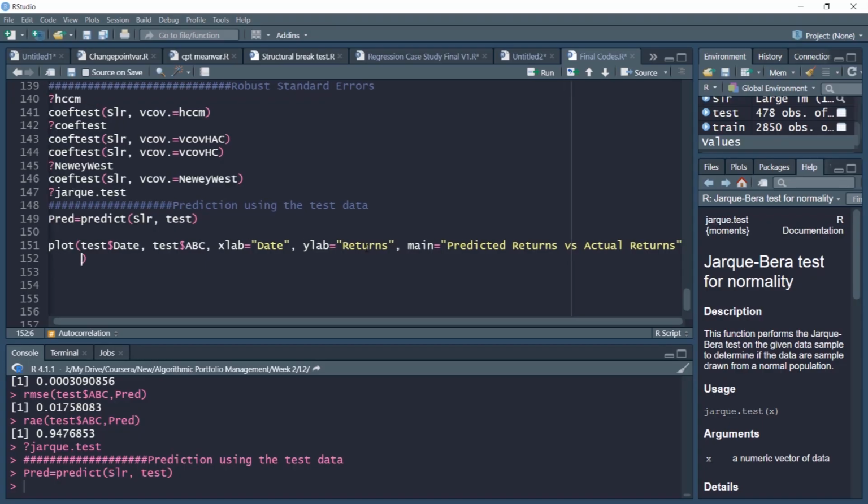Now we would like to restrict our graph for the y limit. We would like to visualize from minus 0.2 to plus 0.2, which is a reasonable limit to visualize daily data. You would not expect returns to vary too much, more than 20%.